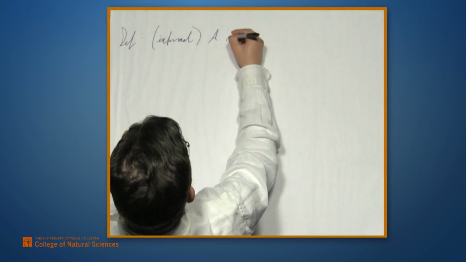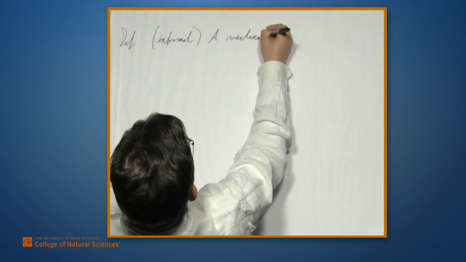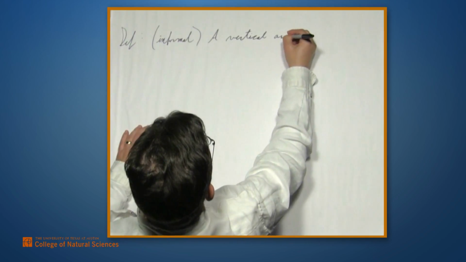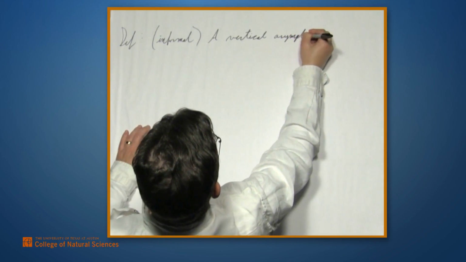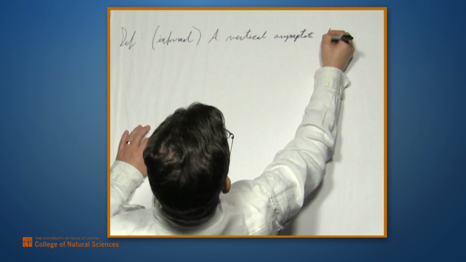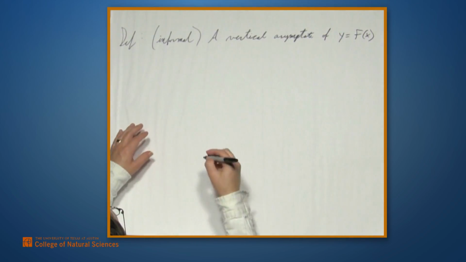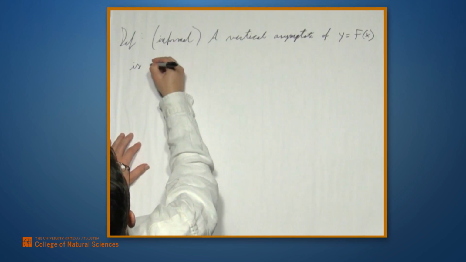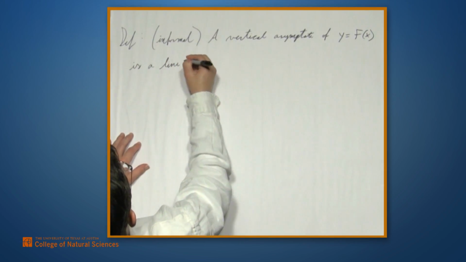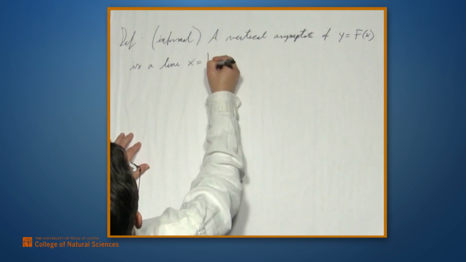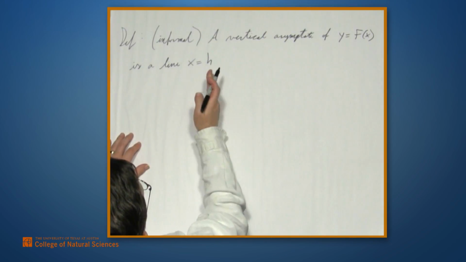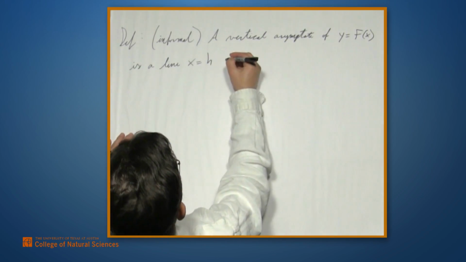So, a vertical asymptote of y equals f of x is a line x equals h, so x equals a constant, remember that's a vertical line, such that